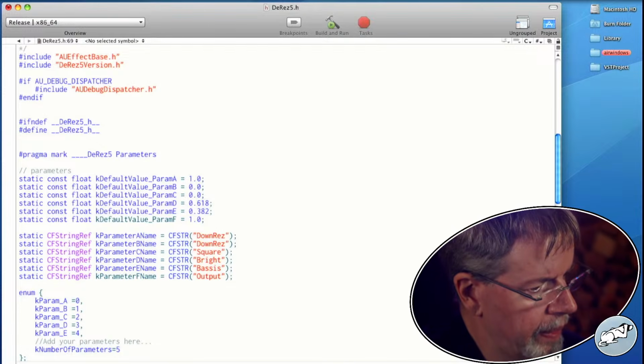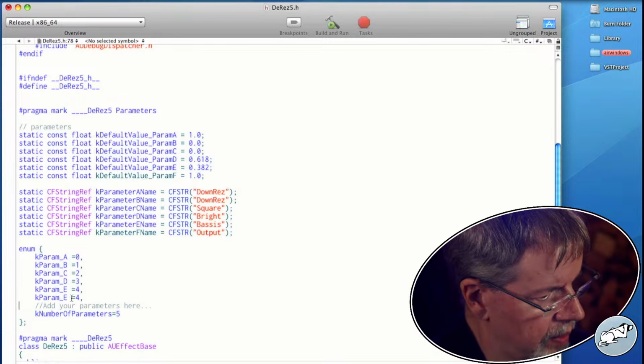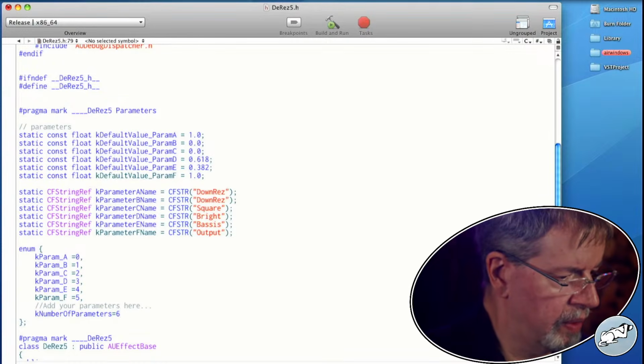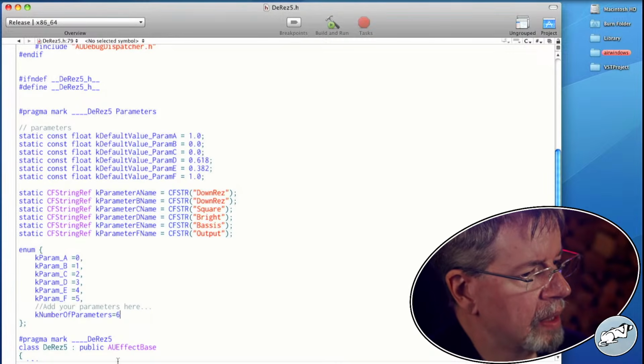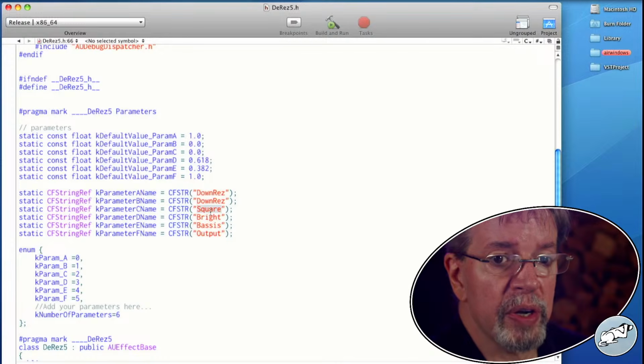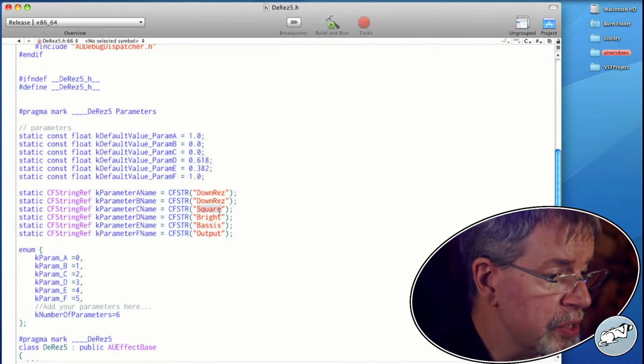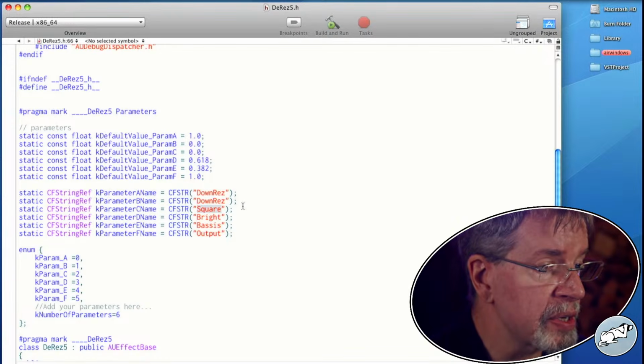And that. And this. So square, that's the amount of squareness in the wave. Bright and bass are pre and post filters. Those work the way that DRes 4 worked.